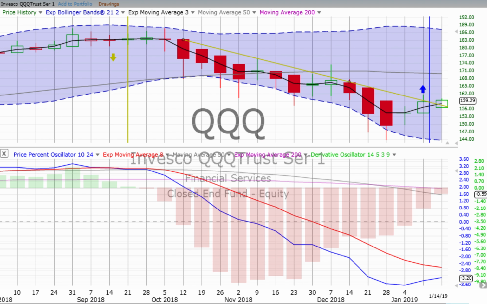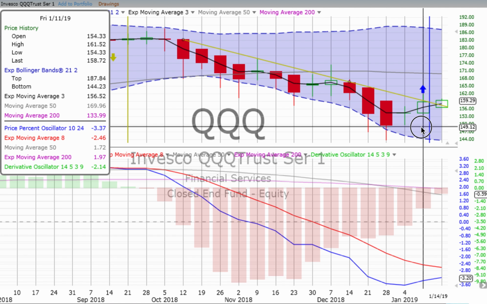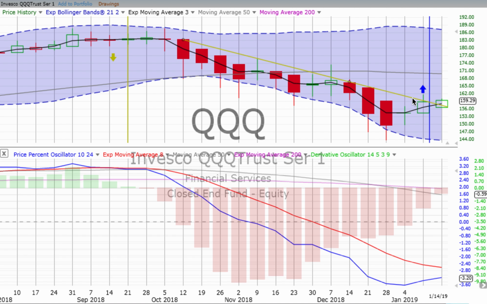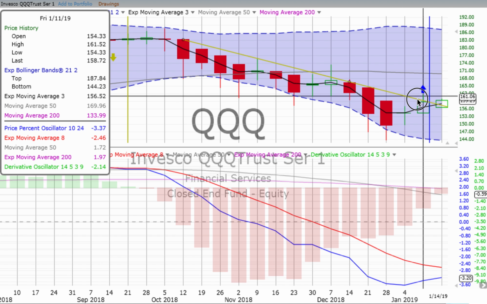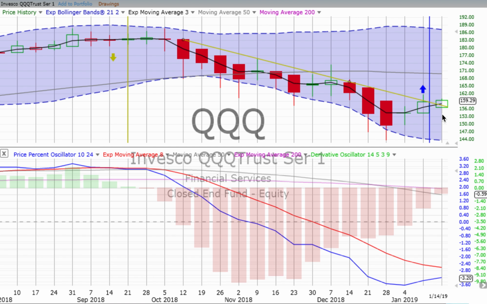QQQ, that's the NASDAQ 100, down for the day, starting the week off 0.88%. And again, as far as looking at those Heikin Ashi candlesticks, it is a green up candlestick. But again, as we talked about at the end of last week on the S&P 500 and the NASDAQ 100, when you look at the wick on top of the prior week candle, price movement starting out still below the high that was reached there.